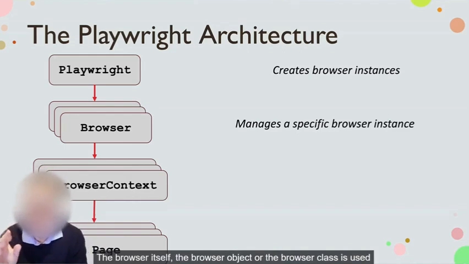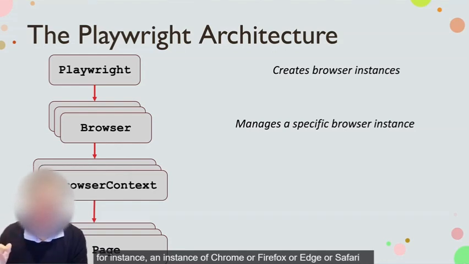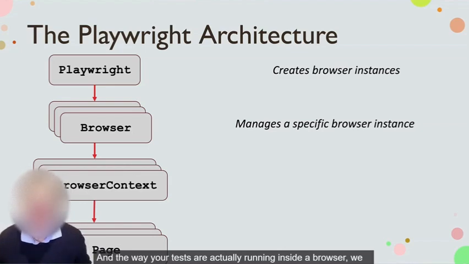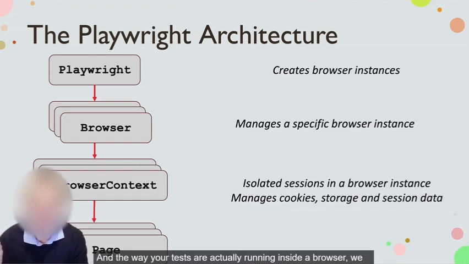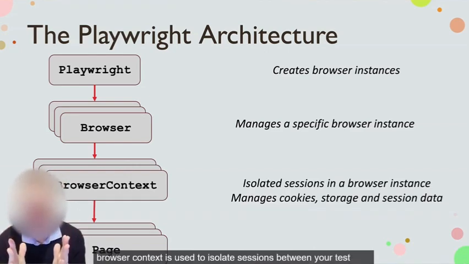The browser itself, the browser object or the browser class, is used to manage a specific browser instance. For instance, an instance of Chrome or Firefox or Edge or Safari running in memory, and where your tests are actually running. Inside a browser, we can have multiple contexts, and a browser context is used to isolate sessions between